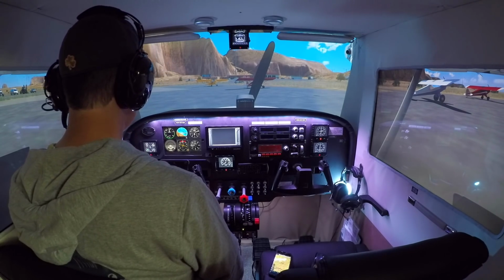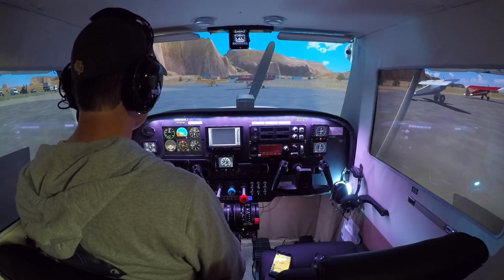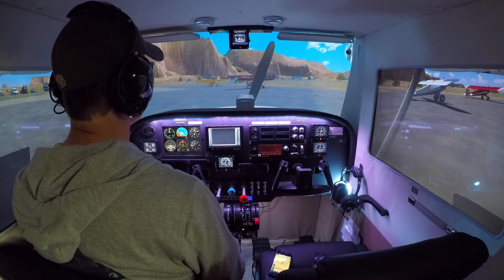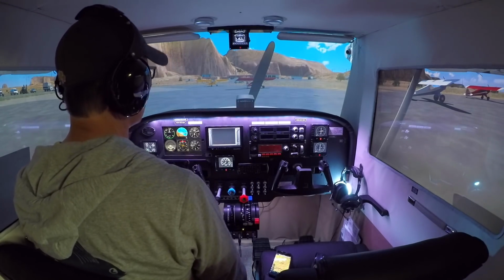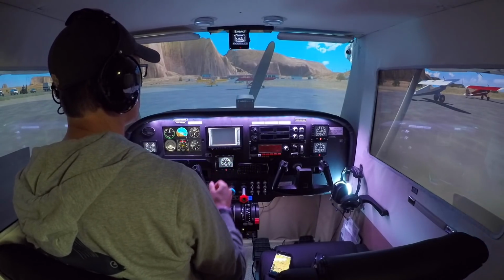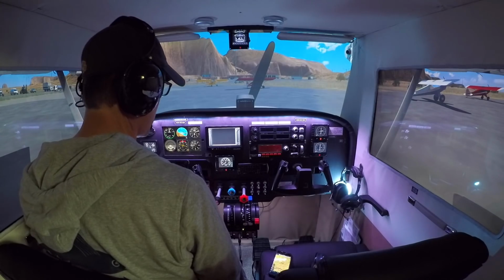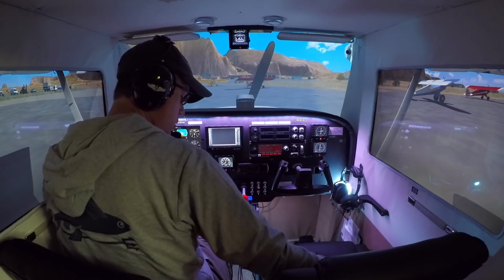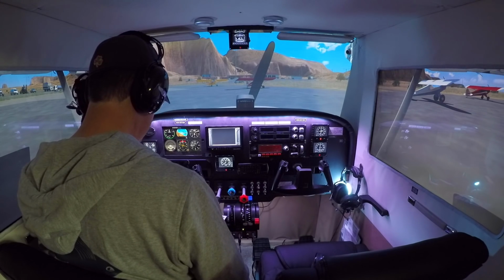We're in the Cessna 172 from A2A Simulations today. I'm training in a Cessna 172, so I'm trying to use this aircraft as much as I can. The one thing about it that I'm not a big fan of is it has the compass down here when I have a compass up here, and if I wanted to take the time to reroute some wires, I'd actually set the compass here so I couldn't see that, but I just haven't got around to doing that yet. So we will take out our checklist